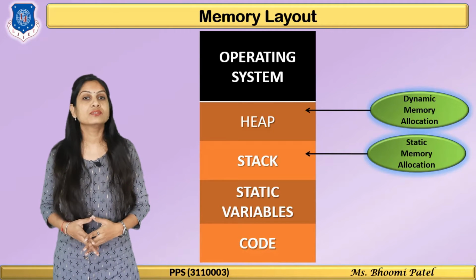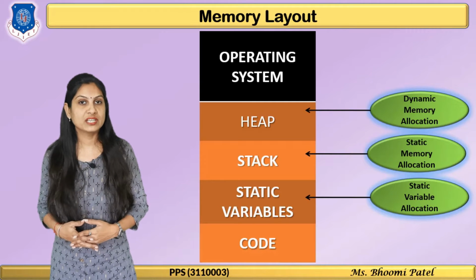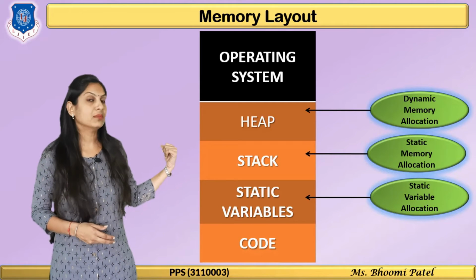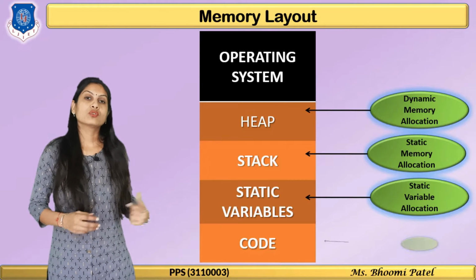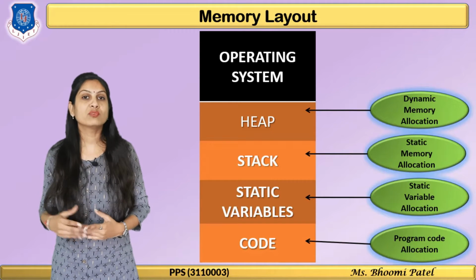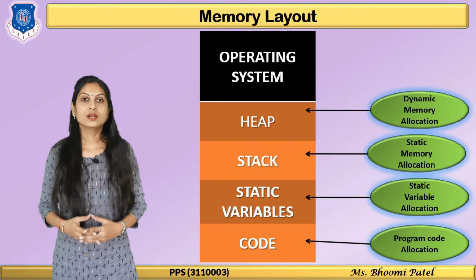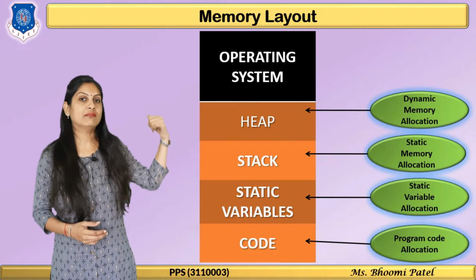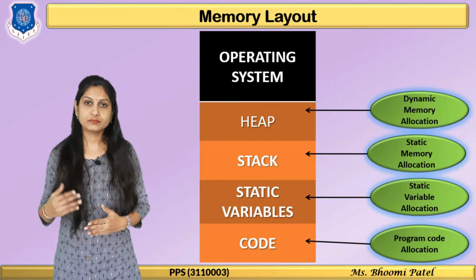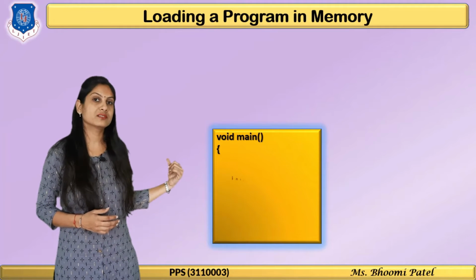And when you are using static variables, which we already discussed in our storage class theory, these variables are stored in the static variables section, and the last is the code. So our program has one code that is stored inside this code section. Clear? So when you are using the dynamic concept, all the data will be stored in the heap.